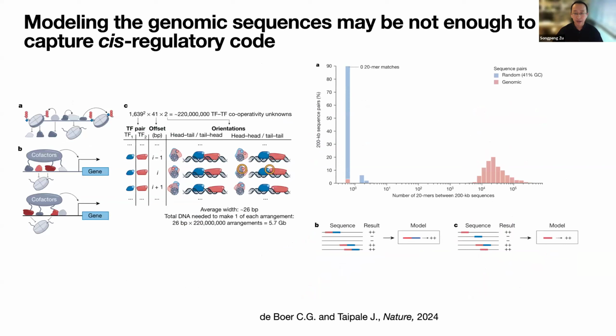And lastly, I want to add some comments from a recent paper about the deep learning models used to identify potential cis-regulatory elements. Their argument is that genomic sequence alone is potentially not enough, because they did a simulation study on the genome sequence and noted that if we randomly select 200 kilobase sequences from the human genome, we can identify a large number of